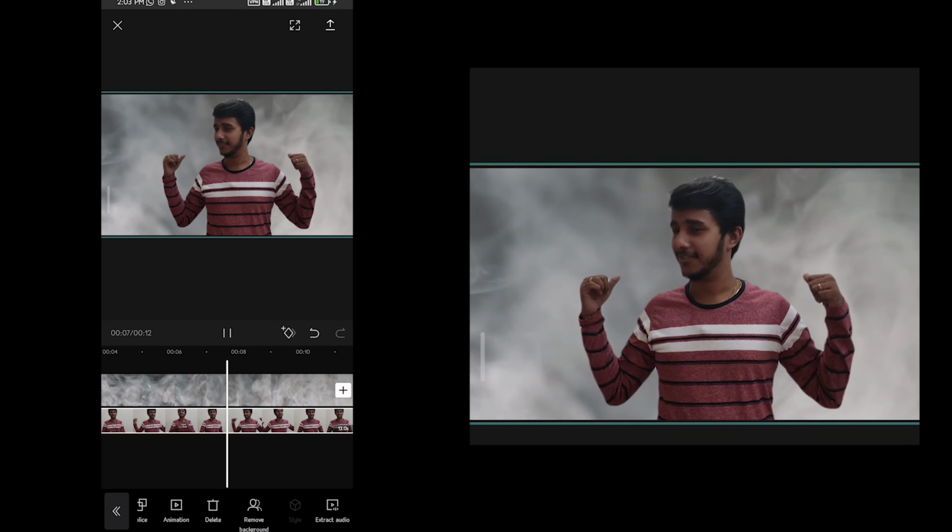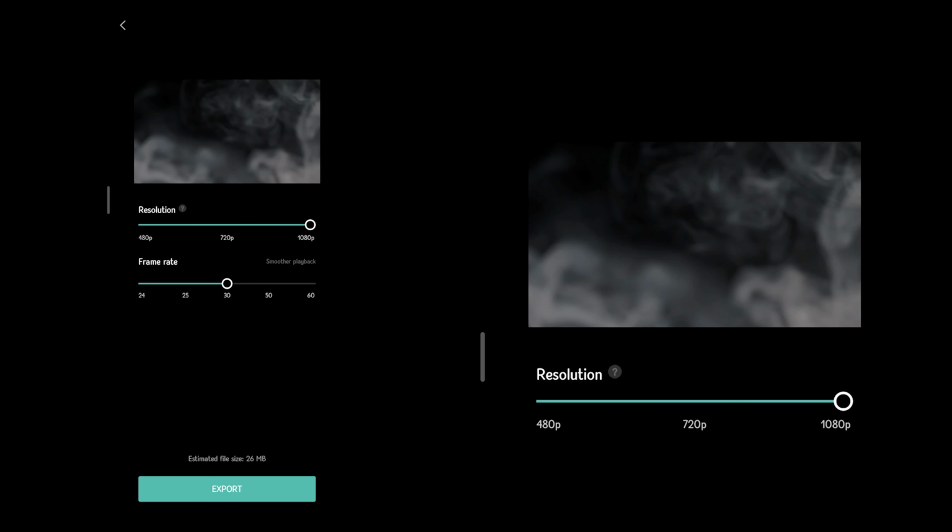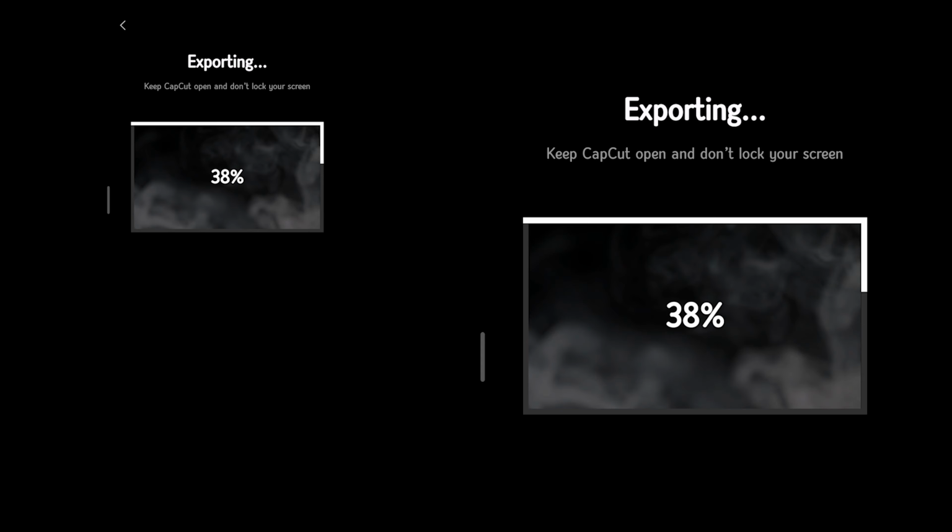If you're capturing the video on a DSLR, make sure you have a wide aperture so that your subject stands out from the background so that the app works effectively. Now let's export this and see how the final output is. This is the final output of the video with some minute color grading. This is simply awesome, right?